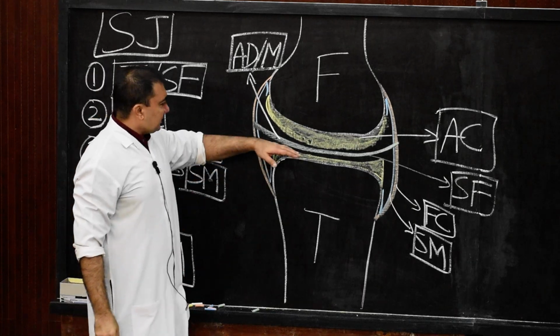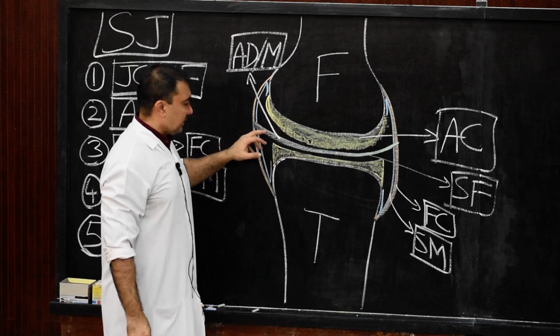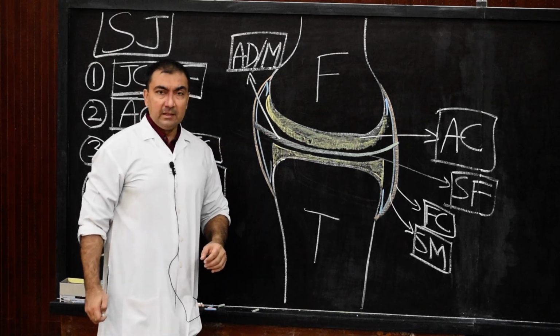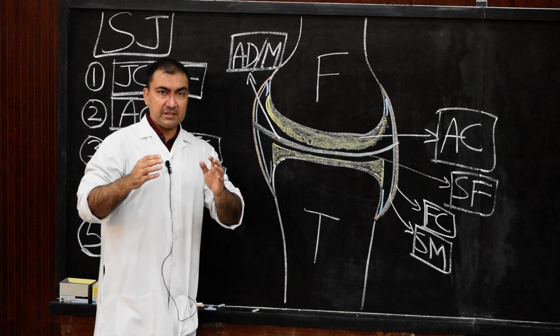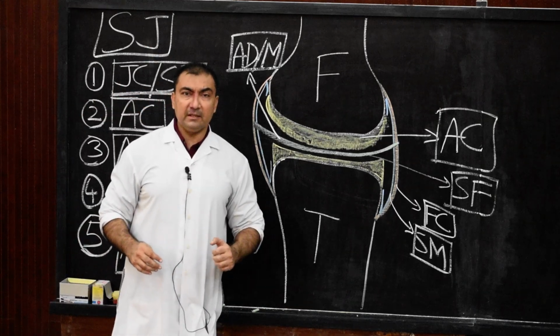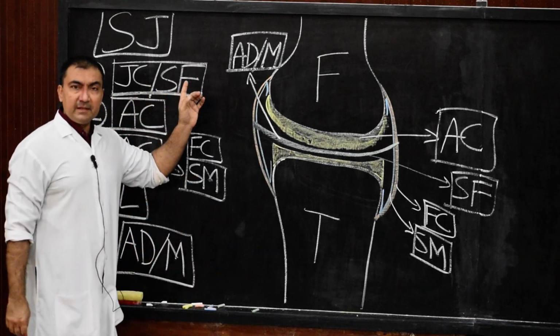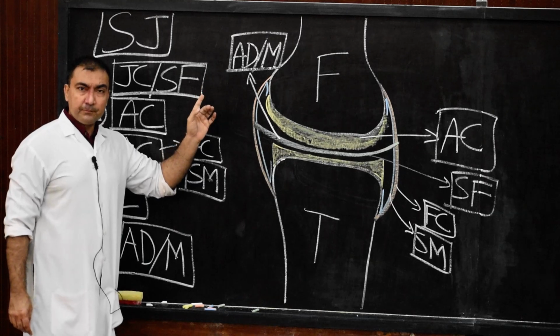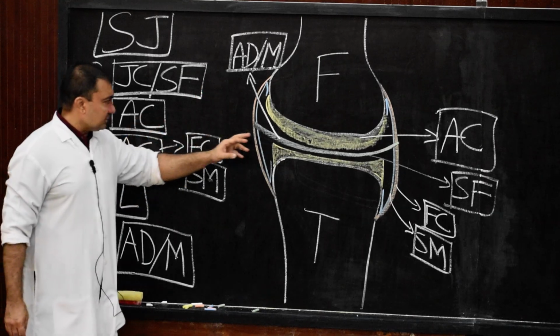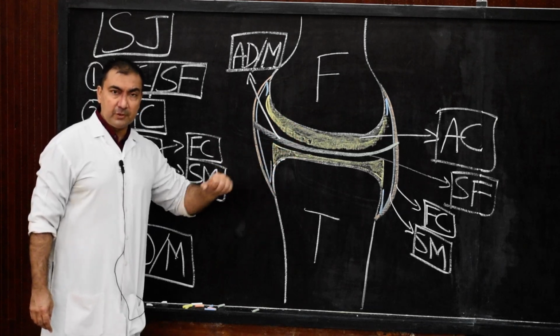So based upon this articular disc or meniscus, the entire joint is divided into upper and lower compartments. Now, these are the characteristic features of the synovial joint. All these five are characteristic features of synovial joint. We start with number one, the joint cavity, which has the presence of synovial fluid. Number two, it will have the presence of articular cartilage, which will cover the articular surfaces of the synovial joint.